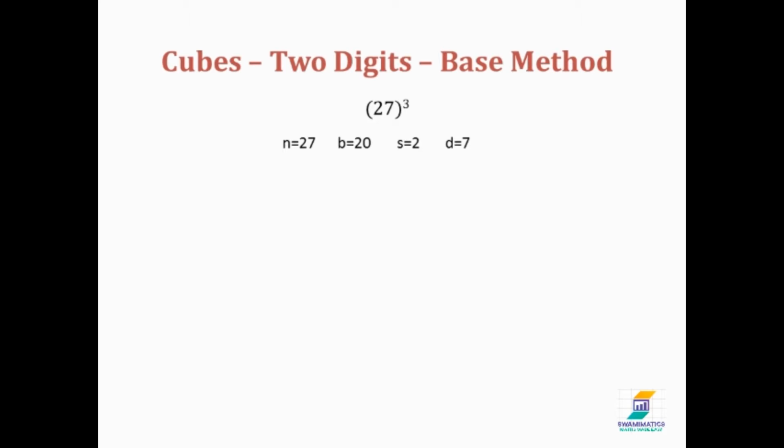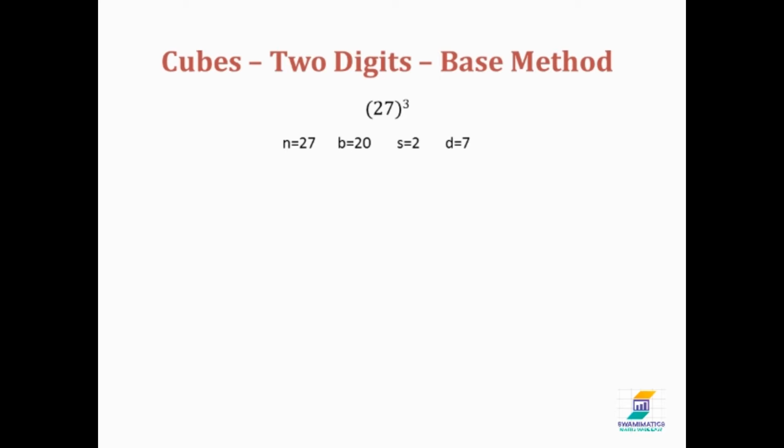What do you mean by a base? In this method, for cubing a number, we take a base which is close to the number and which is easy to manipulate. Normally the base will be a power of 10 or a multiple of 10. That means it could be 10, 100, 1000, etc., or 20, 30, 40, 200, 300, 2000, 3000, etc. So the base here is 20.